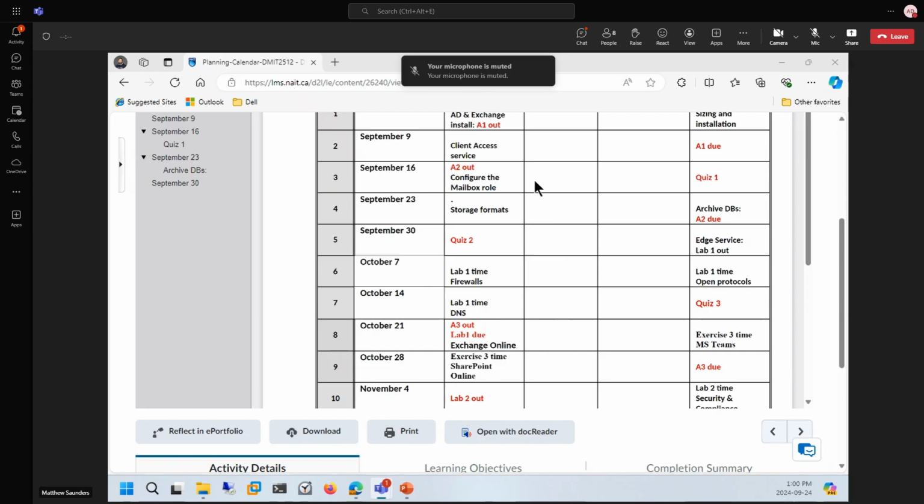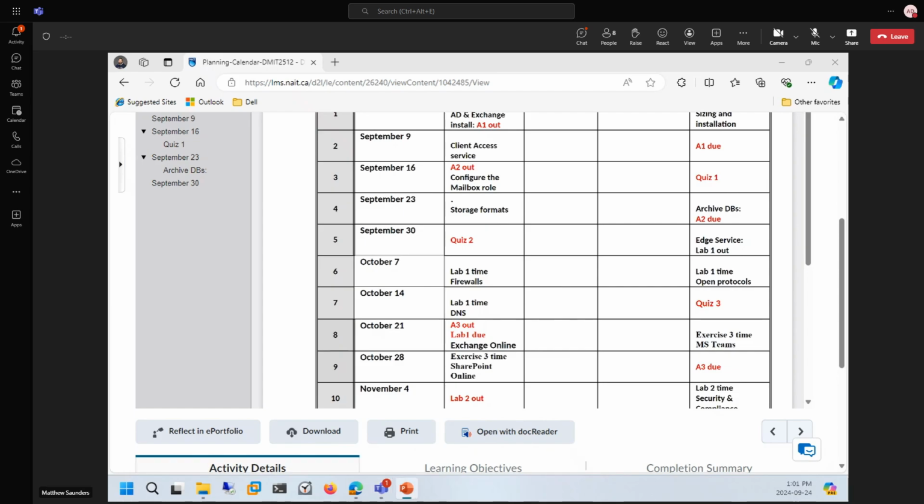So yeah, let's see, where are we? So I should be doing storage formats. What I'm going to do, I actually need to cover the mailbox lecture because I forgot about quiz 1 getting in the way of that. So I'm going to do the mailbox lecture, and then I'm going to push storage formats over here, and I'll zip through that really fast on Friday. And this one I'll just do today, kind of normal-ish, but a little bit quicker so you can get back to your assignments. This is kind of stuff you're already doing anyways,